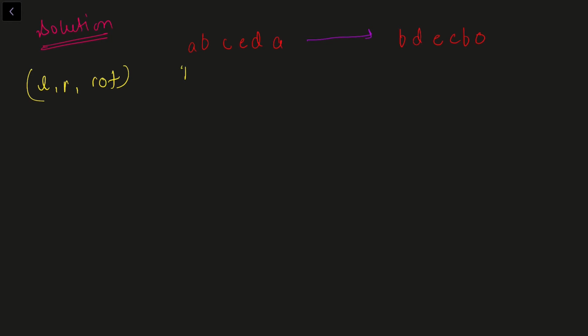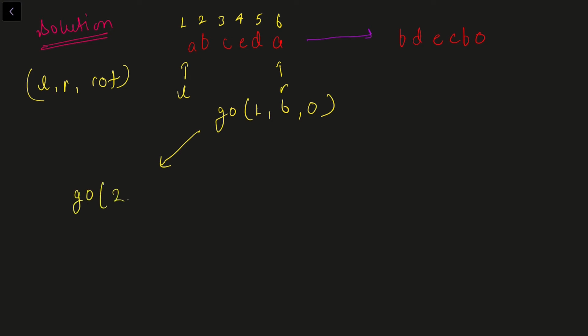Now currently my L will be here and my R will be here. Let's say the indexes are 1, 2, 3, 4, 5, 6. Then my recursion will look like, go from 1 to 6. I need to solve from 1 to 6, and currently our string is not rotated. Okay, so from this state I can come to 2 to 6 and not rotated. And how can I transition to this state? I can check whether this character matches with the first character of string B, and if they match, then I'll add 0 to the answer, otherwise I'll add 1 to the answer. Okay, and then I'll recur for this relation.